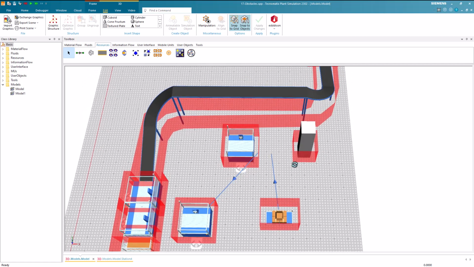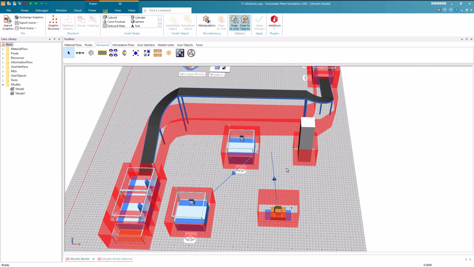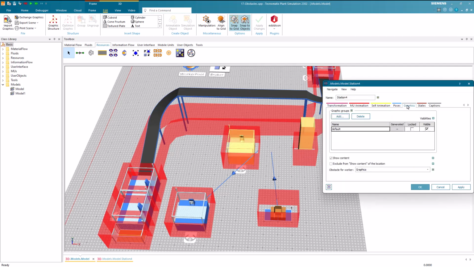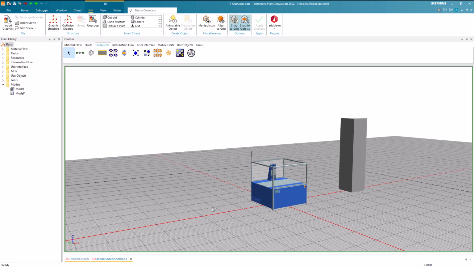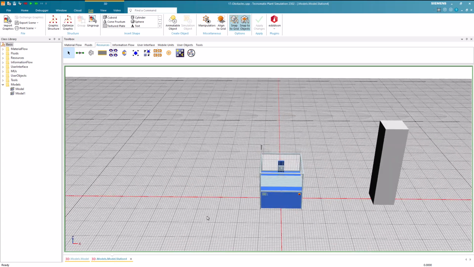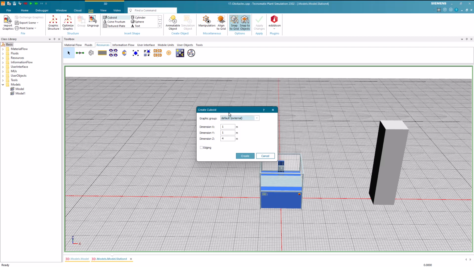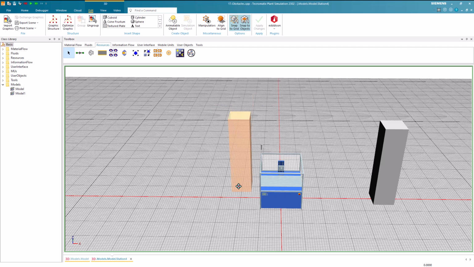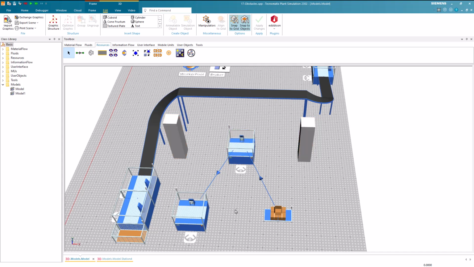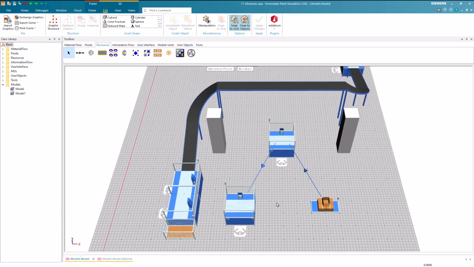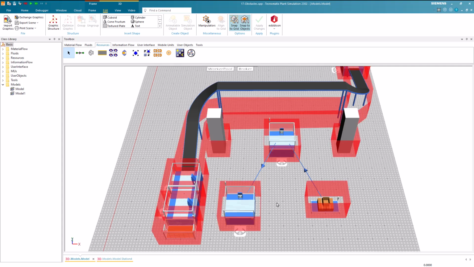To showcase the two other options, we will add a new graphic group. Then we switch again to the 3D window of the station. Here we now add a second pillar to the station and assign it to the new graphic group. Then we switch back to our model frame. Here we can now see the new graphic of the station. If we show the obstacles, we can see that they have adjusted to the new graphic.